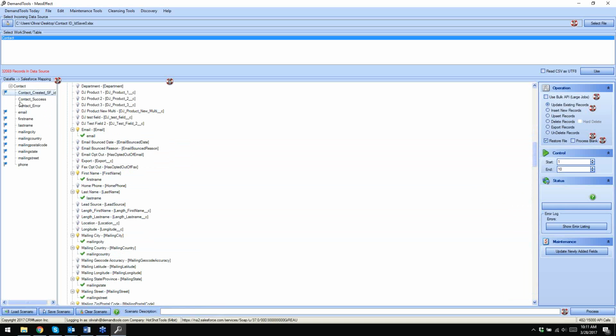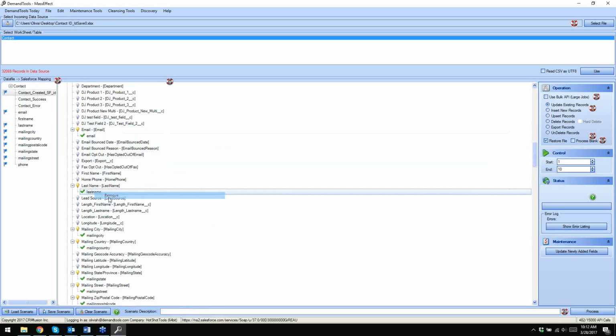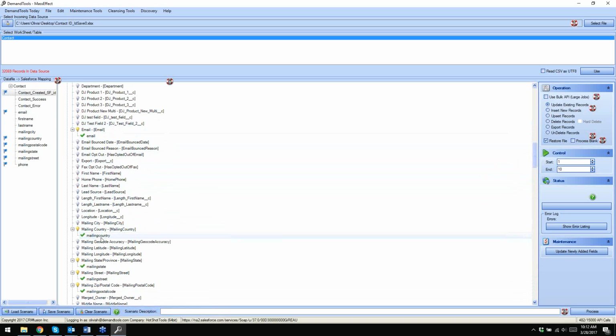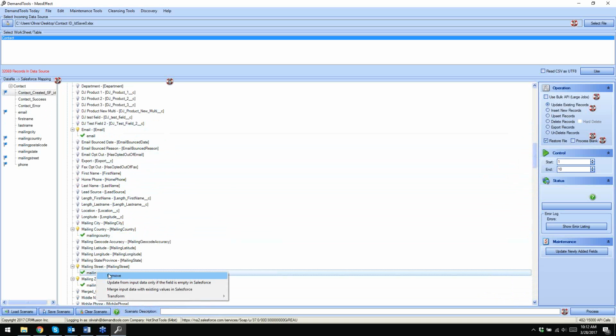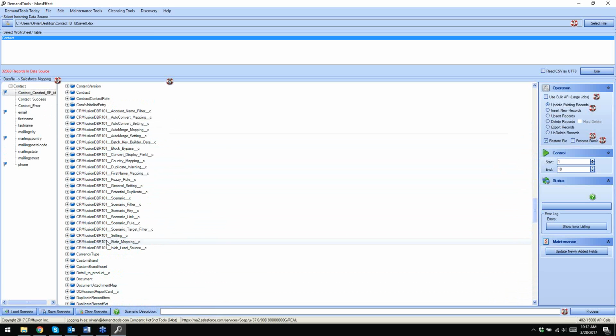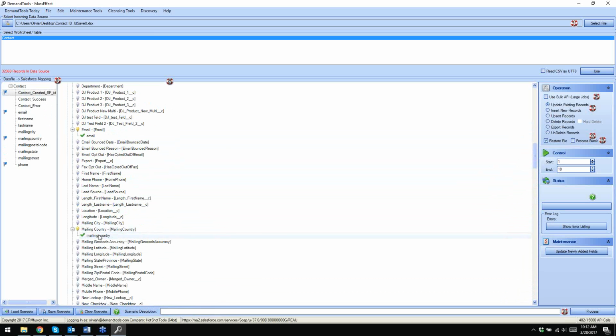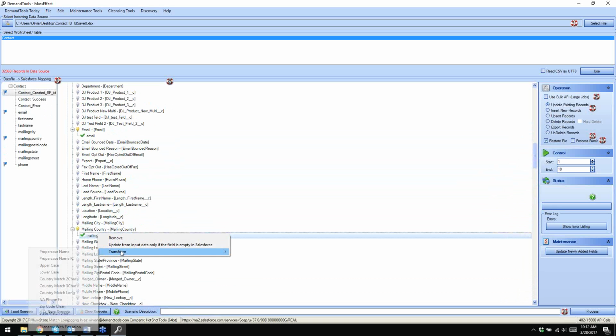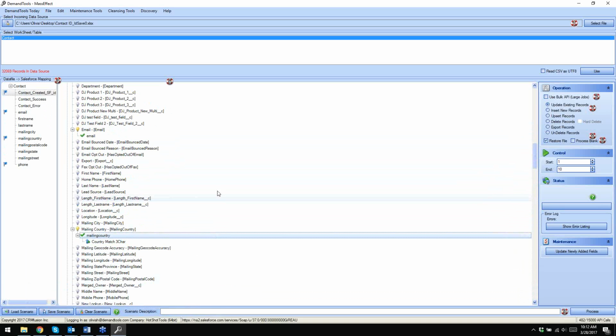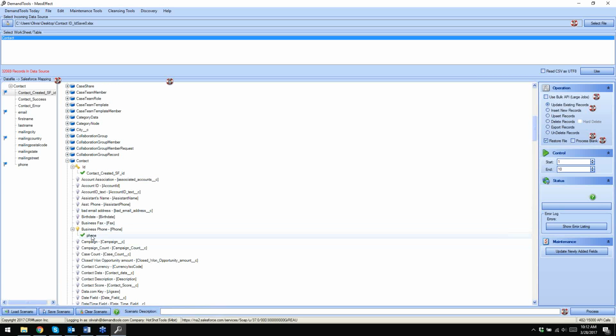All right, and so I'm only mapping the fields that I want to update. Do I want to update all these fields? Maybe. But a lot of times an update, we're just mapping 1 or 2 fields because we need to push something over. I'm going to remove a bunch of these fields. And let's say that the update, instead of doing the mailing country in the long form, I meant to actually do it in a 3-character. So I'm going to transform into the 3-character. And the phone,